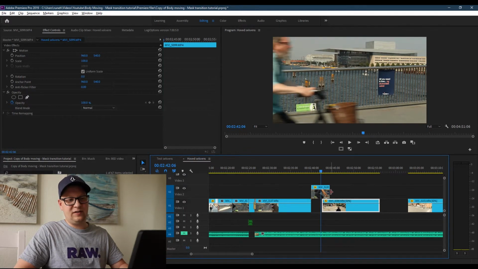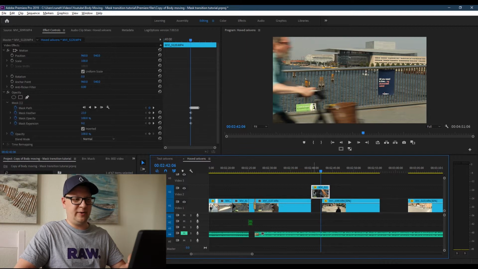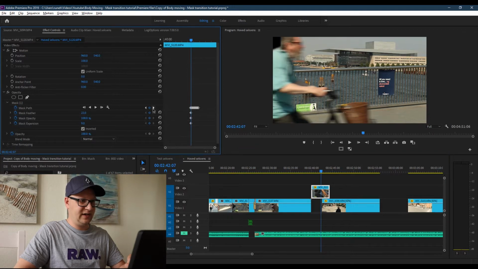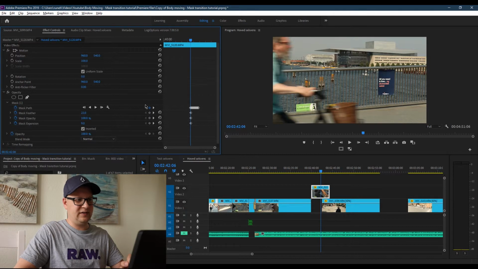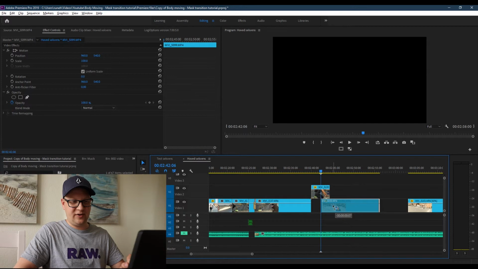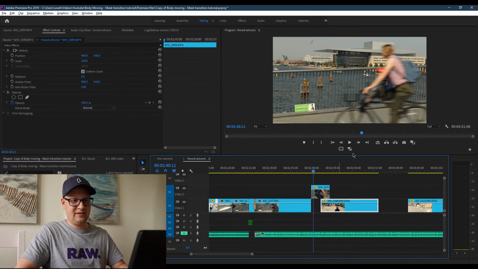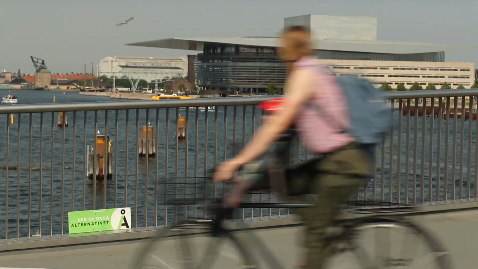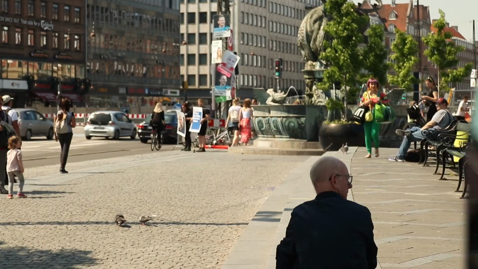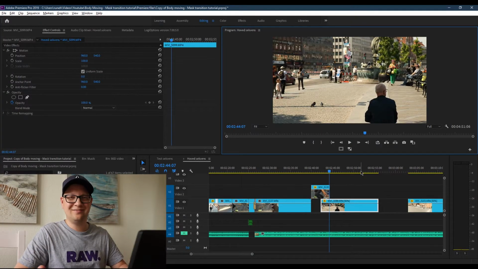So if I select my first clip here, go under FX Control, I could actually just try to find the first frame that the guy comes in, like this frame. And I can select my second clip and simply drag it so it snaps into place. Remember to turn on snap. So now if we play our clip back, let's just see here. Whoosh! That looks awesome. And it really is that simple.